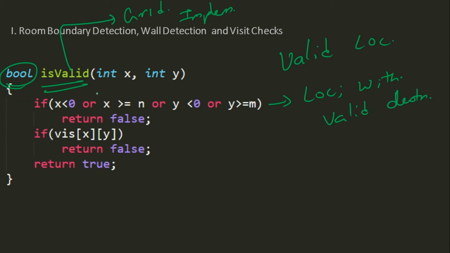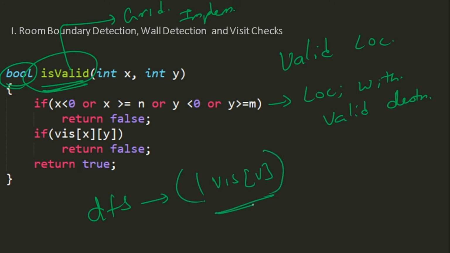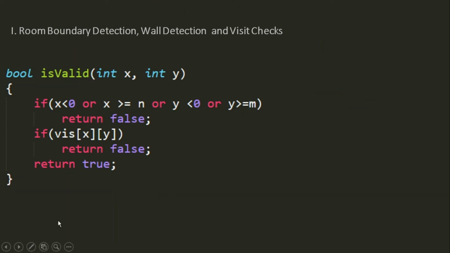Why do we need to do this check? If you remember, in our conventional DFS problem, we were checking if a particular location is visited or not, correct? We were making that check in our conventional DFS problem. In case of a grid, such a check is not enough. Why? It will first of all check if the location is even within the boundary. This check is very important, otherwise we will end up with all sorts of out of bound errors.